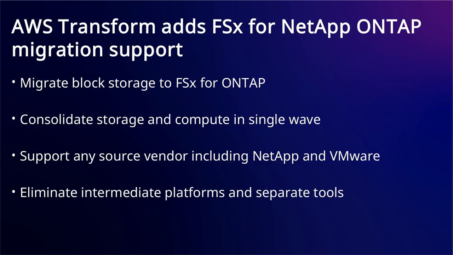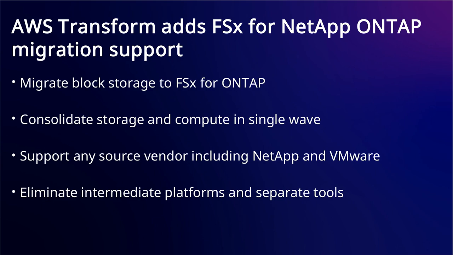When migrating workloads to AWS, you traditionally needed to manage storage migration separately from compute and network, requiring additional tools, workflows, and intermediate storage platforms that add cost and complexity. AWS Transform now supports migrating block storage directly to Amazon FSx for NetApp ONTAP in public preview. You can migrate block storage to FSx for ONTAP from any source vendor including NetApp, Dell, Pure Storage, and VMware